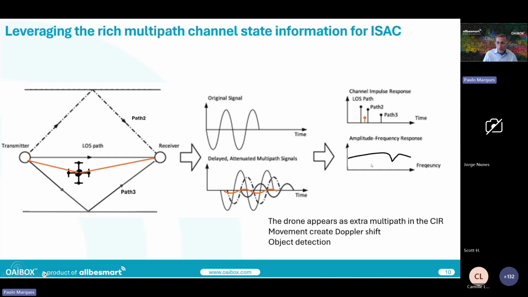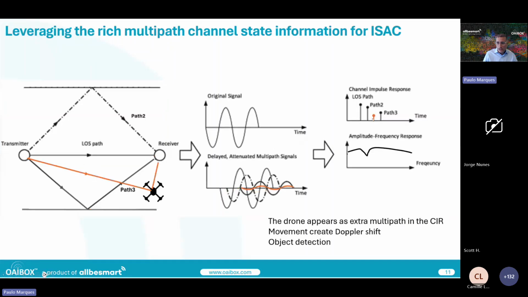So the drone will appear as an extra and additional multipath component. And if the drone moves, the multipath component changes position. And also the amplitude and phase of the frequency response will change with the movement. So if you have the capability to analyze these changes on the channel response, we should be able to detect the presence of